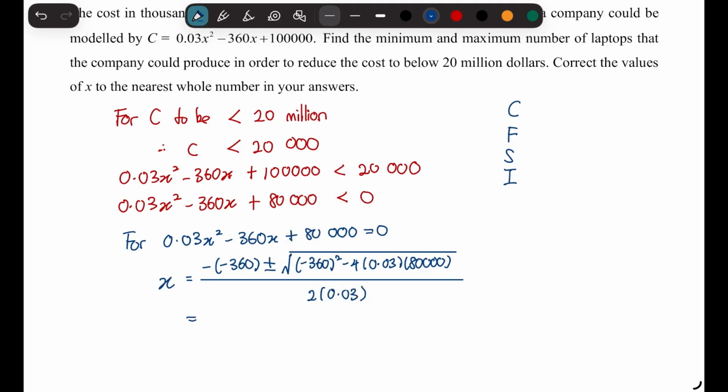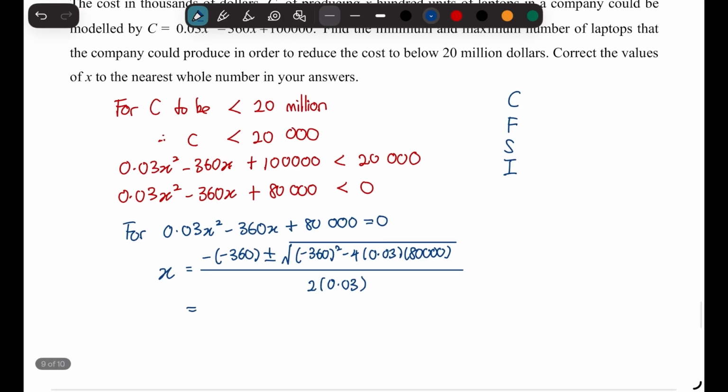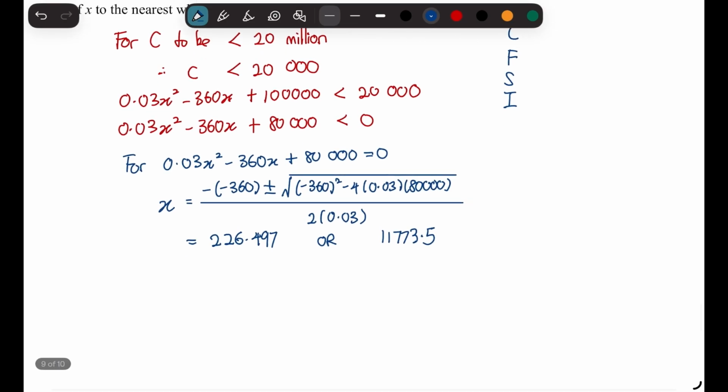This gives me two answers, which I write out as 226.497 or 11773.5. Okay, so if I go on to the next step, which is to sketch the smiley face graph,